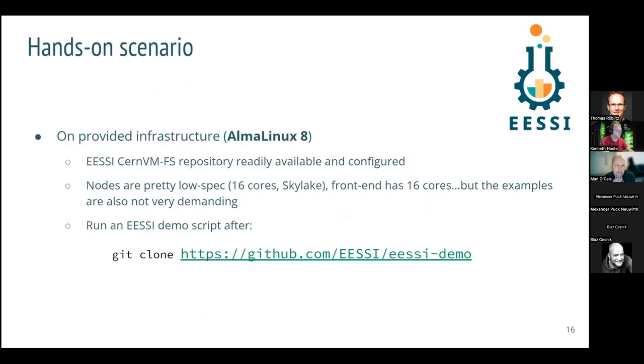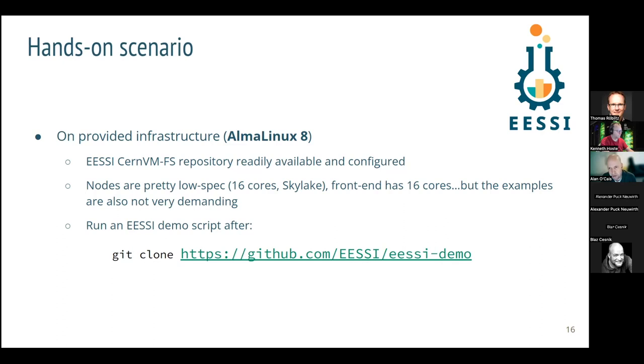On the infrastructure that we have available, you log onto that system, whether through SSH or through the web-based interface, JupyterHub. CVMFS configured to use EESSI is already available on the system, but it's not available in your environment yet, so you still need to source whichever version you want, whether it's the old pilot or the current production release. The nodes are not that low spec: they have 16 Skylake cores,